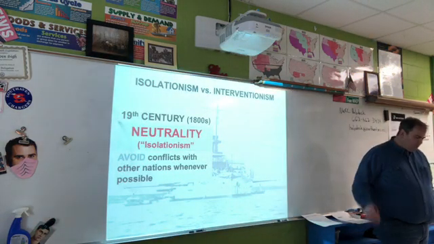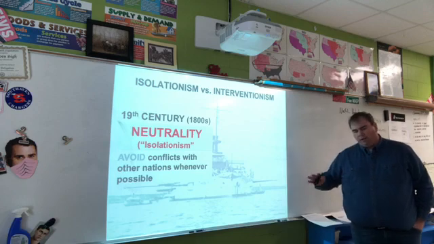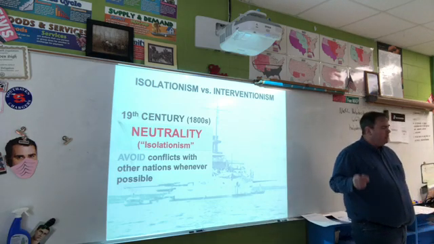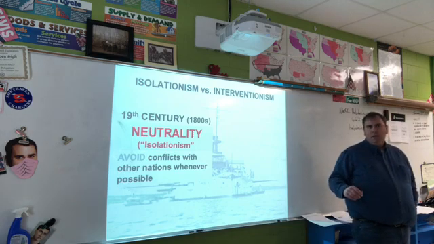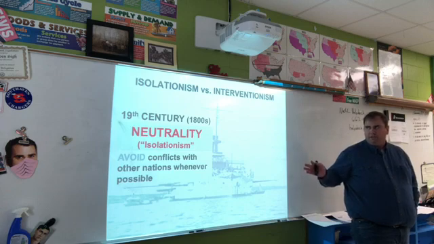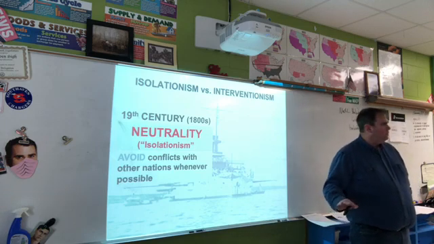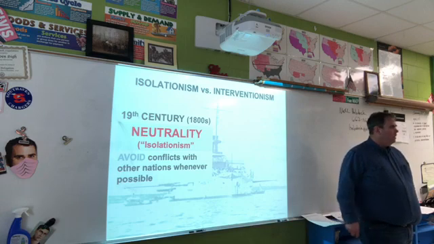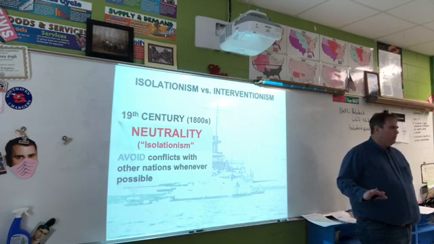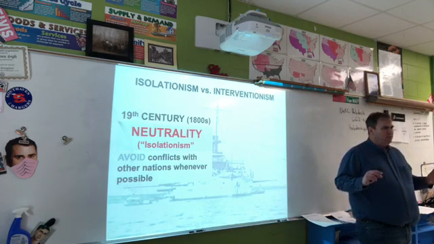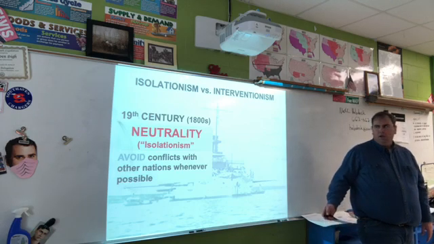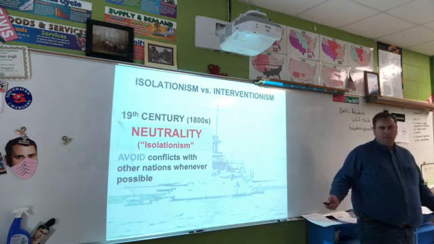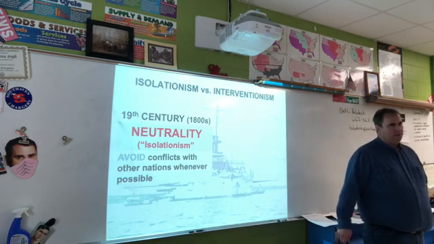All right, so we had a shift starting around the 1890s in the U.S. in our foreign policy. Basically went from isolationism to interventionism, okay? And so basically in the 19th century, for most of it, we had neutrality. We didn't get pulled into many foreign wars at all. After the War of 1812, other than fighting the Mexican War in the 1840s, which we could call an imperialist war, but we were fighting for manifest destiny in that situation. Basically, we avoided conflicts with other nations whenever possible, particularly European nations during the 19th century.